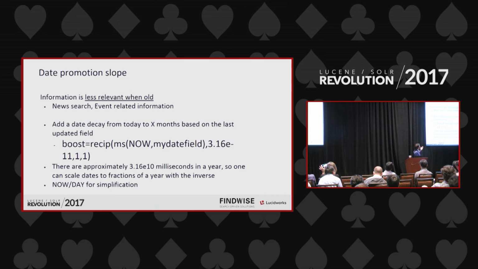Then we have the date decay, a very classical thing. It just applies a reciprocal function that has an asymptotic shape. So whenever a document gets older, it gets less relevant. And we are going to apply that relevance with the boost factor, so it is actually multiplied. And the usual value that it has, this magical 3.16 multiplied by a lot of tens, is just the number of milliseconds that we have in a year. So that one will give half the relevance after a year has passed.